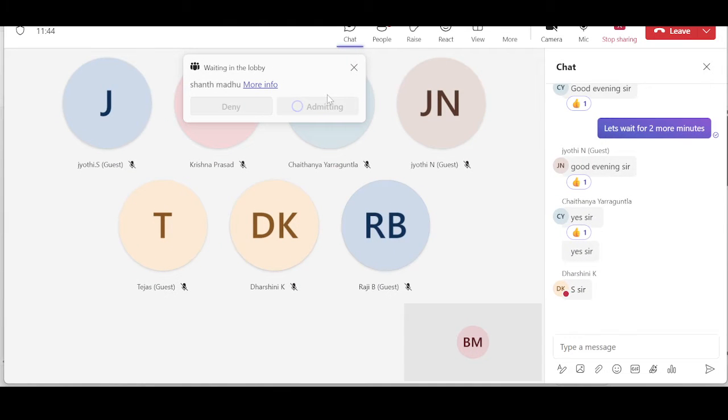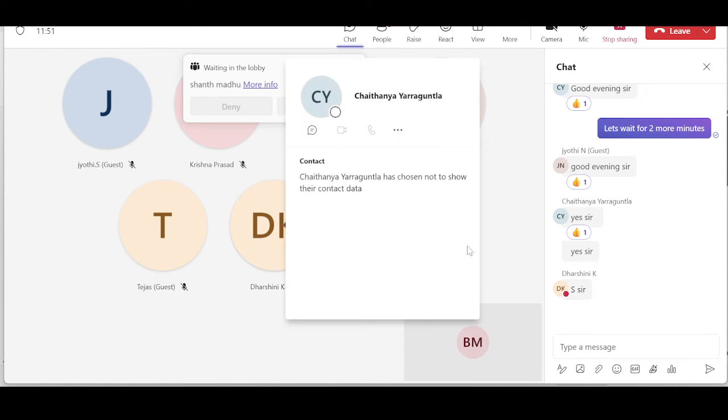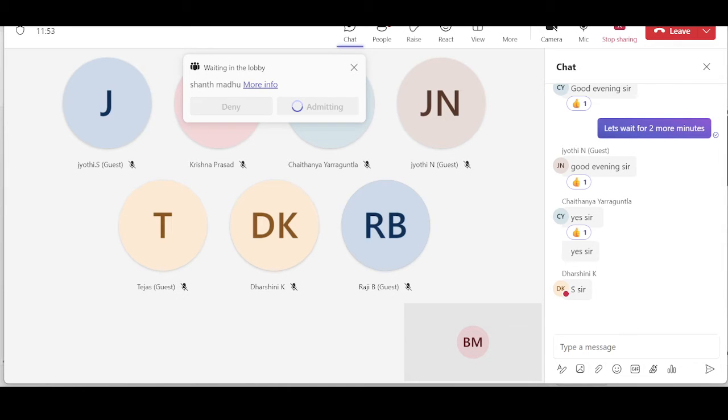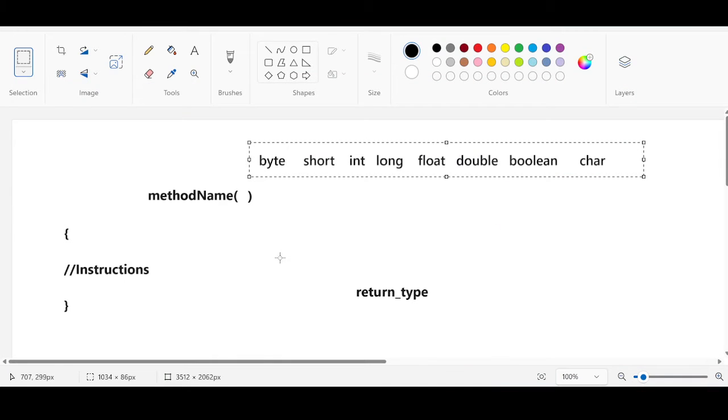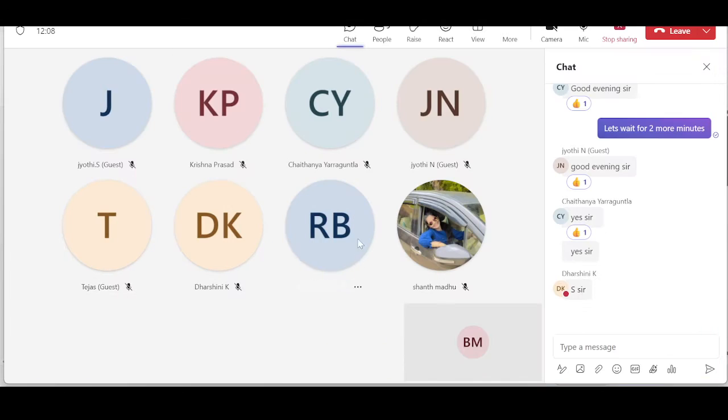Let me allow. When I'm using any of the primitive data types,